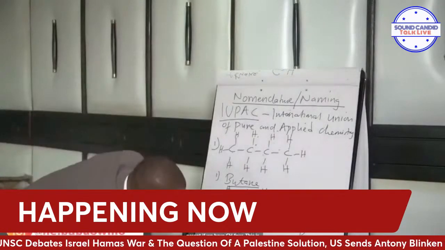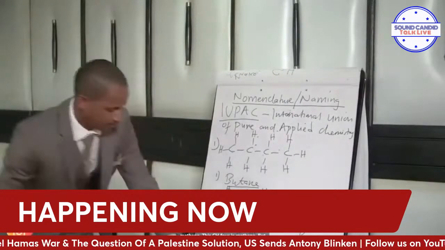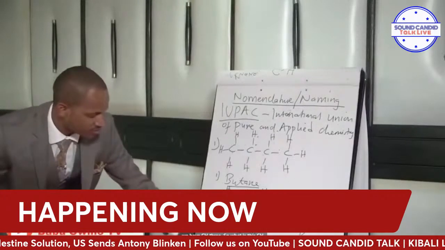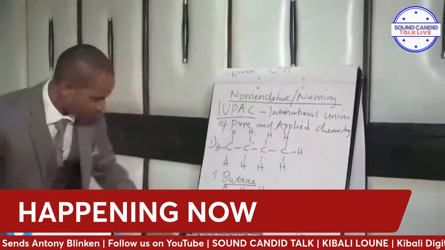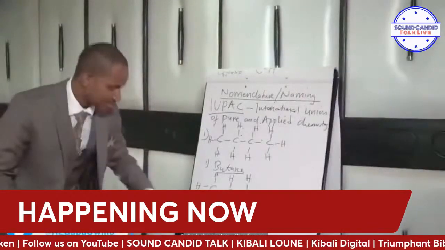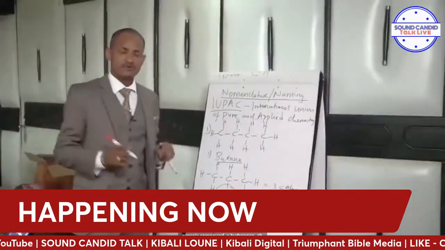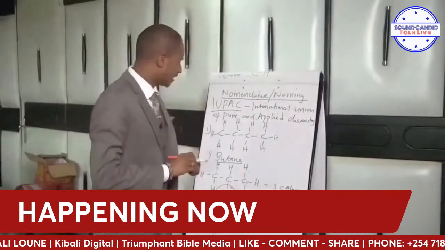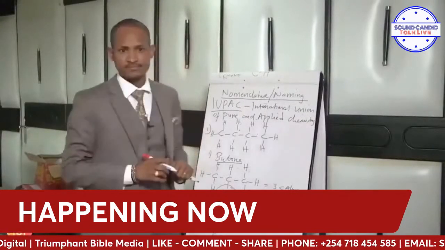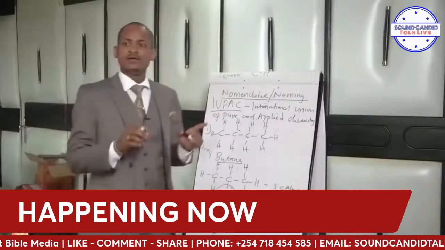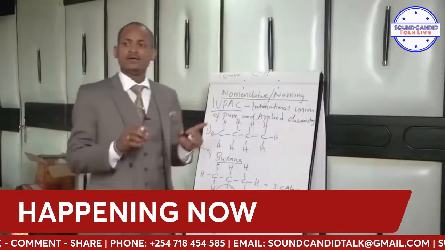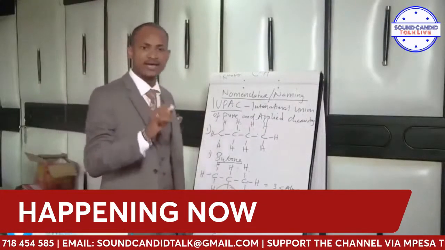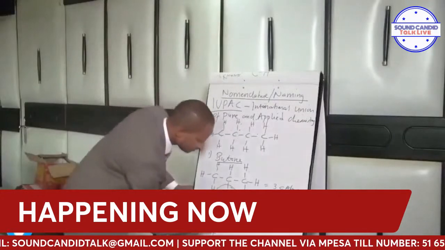The parent, if we have CH4, this is methane. This CH4 is methane, but we have CH3. So what is this CH3? We have a carbon atom with four hydrogen atoms, and here three hydrogen atoms. Therefore, an organic compound, an alkane with one hydrogen atom less in our situation is called an alkyl group. It is an alkyl group.